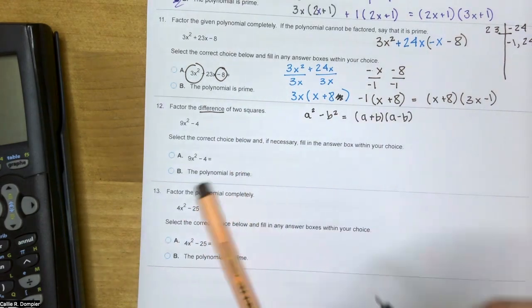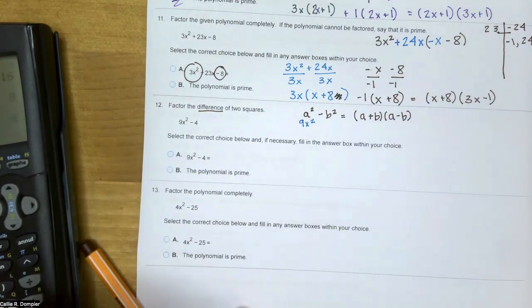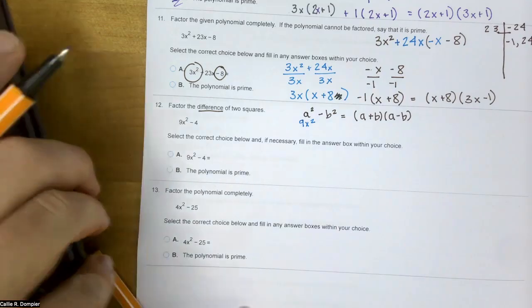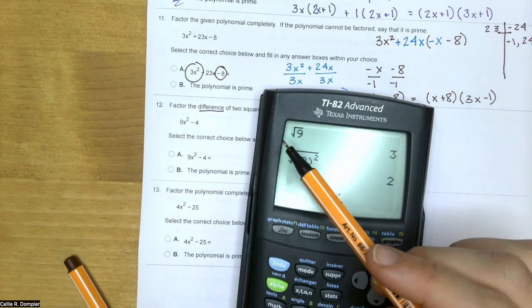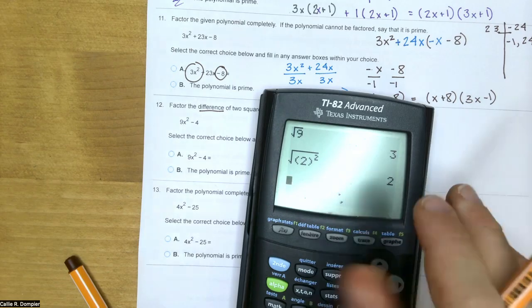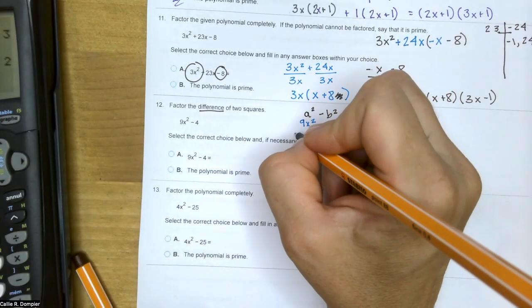So in this case, a squared is 9x squared. If we took the square root, remember the opposite? The opposite of the square is the square root, and it's this button right here. So the square root of 9. You can't put a variable under there because it won't really work. The square root of 9 is 3, and instead of a variable, we can just put a number. The square root of anything squared is itself. So the square root of 9 is 3, and the square root of x squared is just going to be x. So if a squared is 9x squared, then